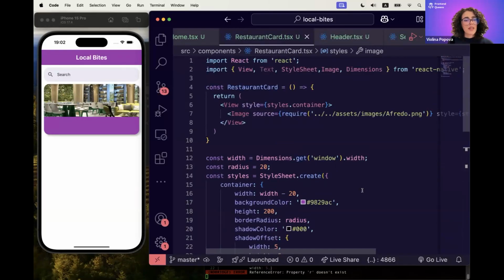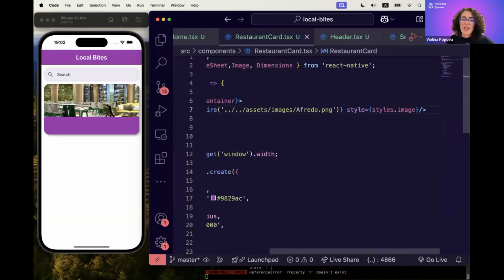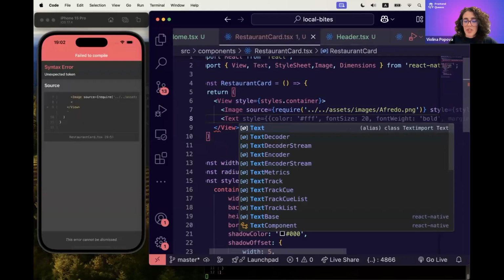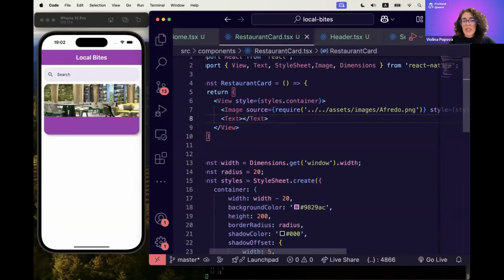Okay, the next thing which we have to do is to add the text element for our title, for the title of the restaurant, also for the category. And this will be two different text elements, and I will start with the title of the restaurant. We will need a text component, and